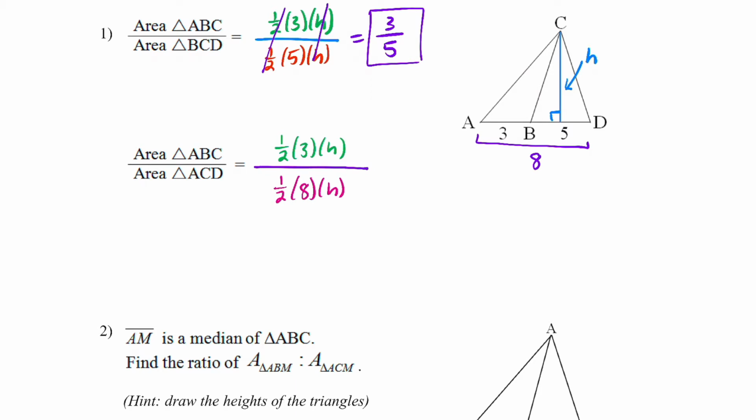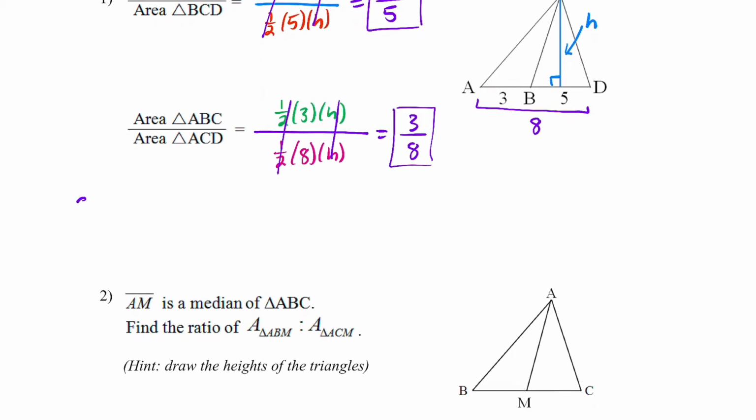And then again, if we follow this now where we cancel what we can, the 1/2s are gone. We have 1 on both top and bottom. The h's are gone. And that leaves us with 3 over 8. And here's what happened. We just saw two examples that confirmed what we kind of thought after the first example, is that when we have a common height,